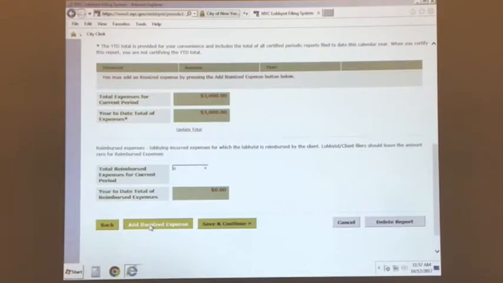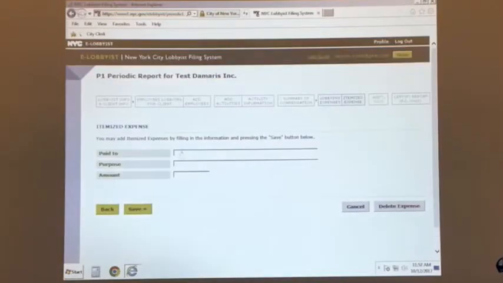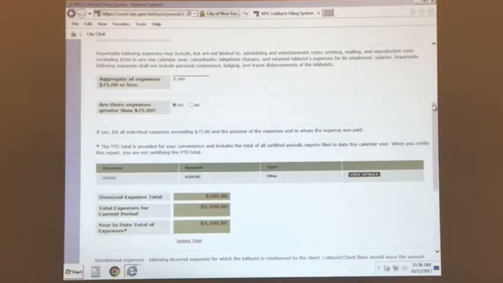To add the itemized expense, select the button. You're going to have to write who you paid it to. I always use the example of the cell phone because it just makes sense. A lot of companies reimburse, and even though all their calls are not being made for this, it's just a simple example. Lobbyist client employers don't usually have a lot of examples of expenses because most of it's captured by your general admin, but just for an example. I get that question a lot.